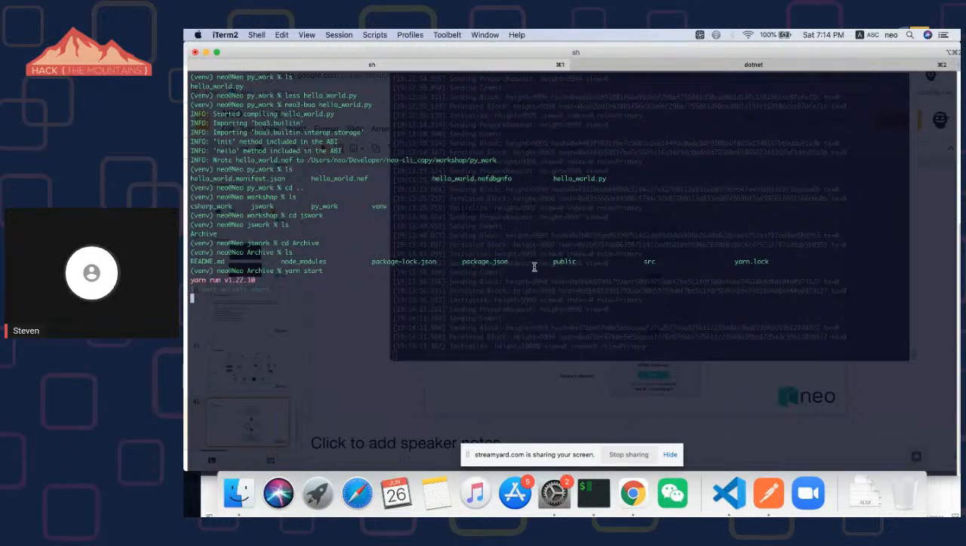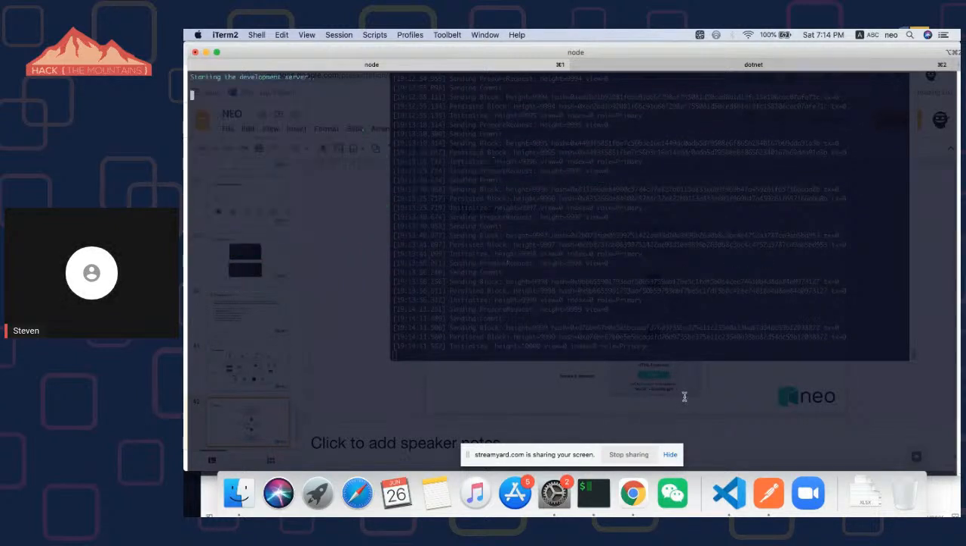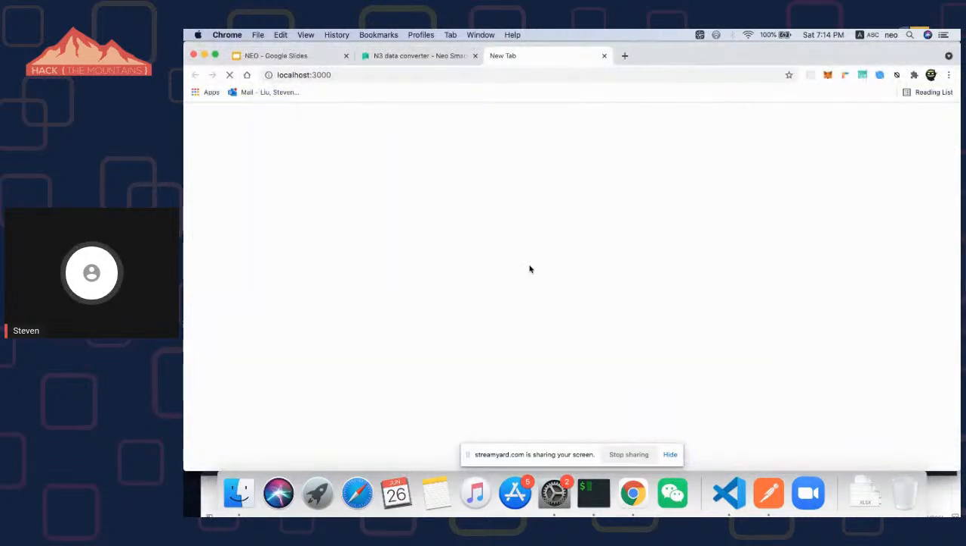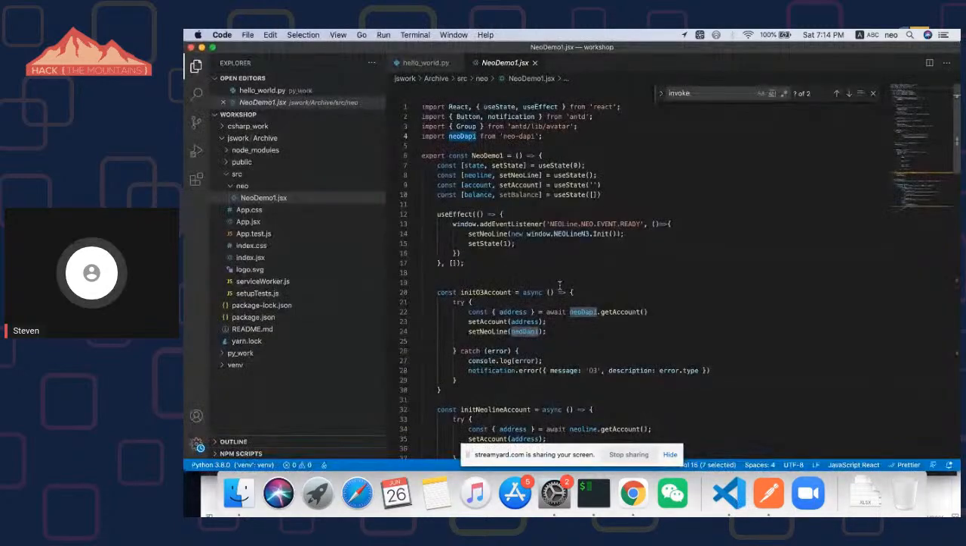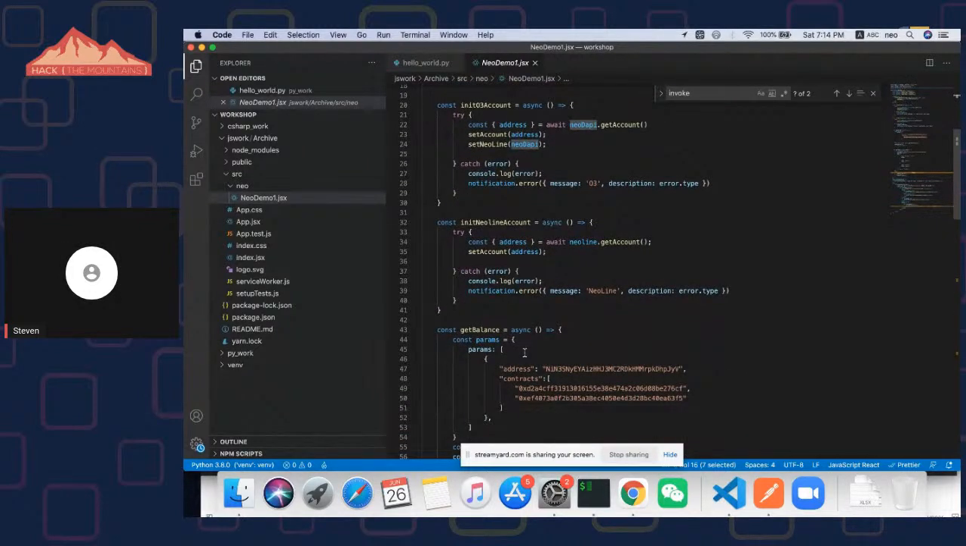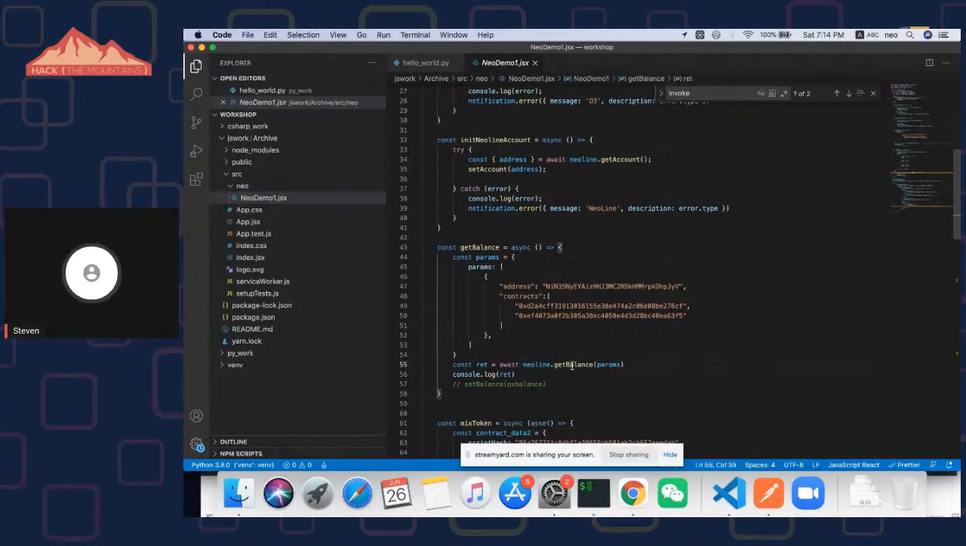For yarn start, and it will run the React application. And okay, it will open the web page. You can see this is a very simple example demo, and what we did in the demo is I call the get balance DAPI from the wallet DAPI, and I provide an address and some contracts. That means we can call the function to check the balance of these two kinds of assets on this address. And I just console.log it